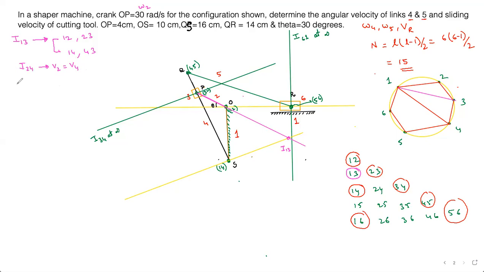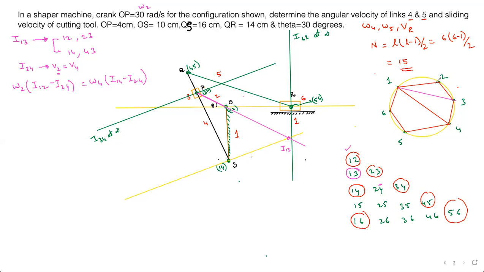So based on this logic, velocity of 2 is omega 2 multiplied by I12, because it is 2 here, taken with respect to fixed 2, and then I24. Because I24 is the point we are taking, it is equal to V4, which is omega 4 into I14 to I24. So what do I need to find out? I didn't actually need I13. I just needed I12. Is I12 there? Yes, here I have marked it. Is I24 there? Not there. I need to find I24. Is I14 there? Yes, it is there. And I24 is the main goal.